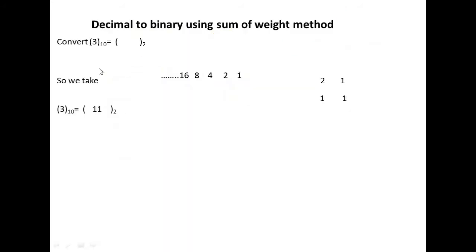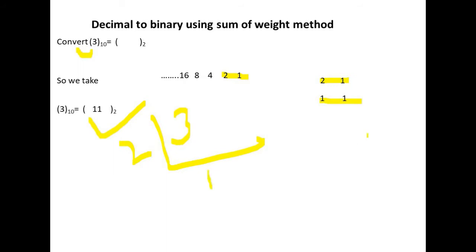Now we will convert numbers individually so that we can get the concept very clear. So decimal to binary number using sum of weights. Suppose we have to convert the decimal number 3 into a binary number. So here we write 1, 2, 4, 8 and see how we can get the 3. Here we see that 2 plus 1 equals 3. It means with 2 digits we can find the decimal value of 3. 2 plus 1, 3 means in these 2 positions will be 1. So the binary equivalent of the decimal 3 is given as 1, 1. It is very important that we are not dividing it by 2 and writing the quotient and remainder. We can directly find the number using this sum of weights method.